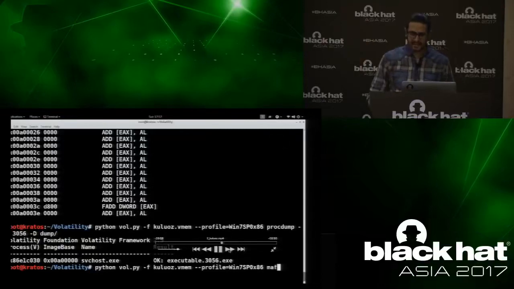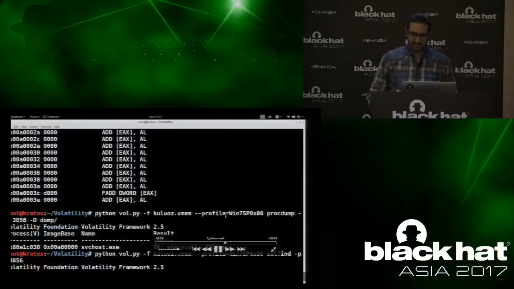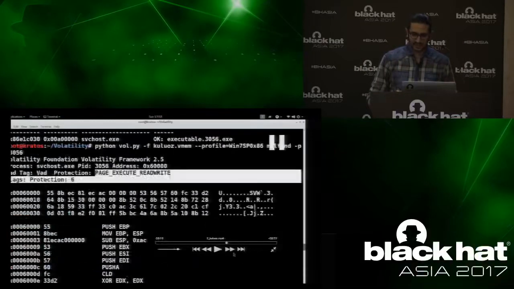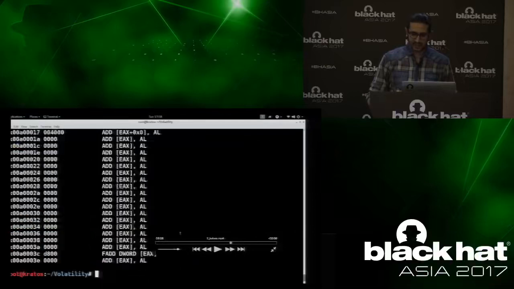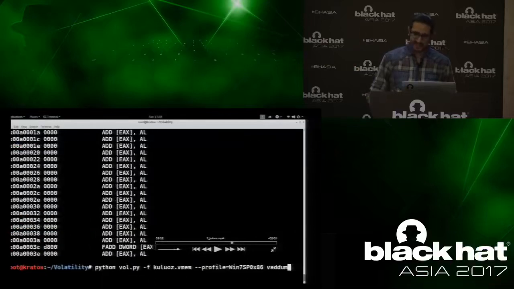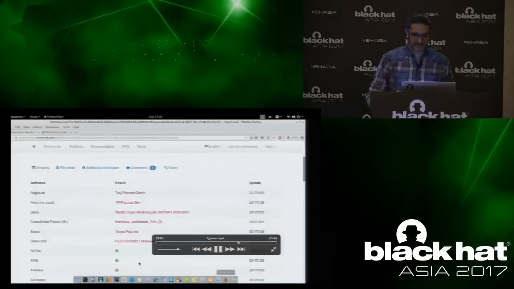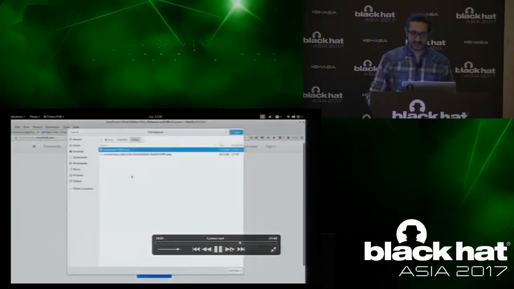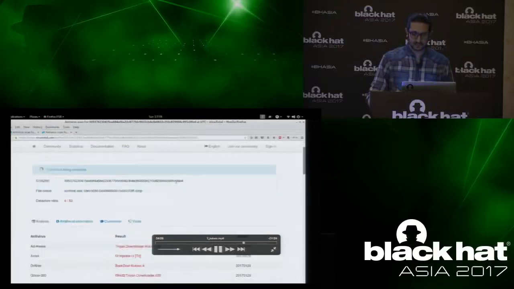So unless you know that there is a code at that address, say that 6 followed by 4 zeros, you will not be able to spot the actual malicious code. So let me dump that address and show you that it is the malicious code. I've dumped that address, 6 followed by 4 zeros. Let me submit it to VirusTotal and show you.